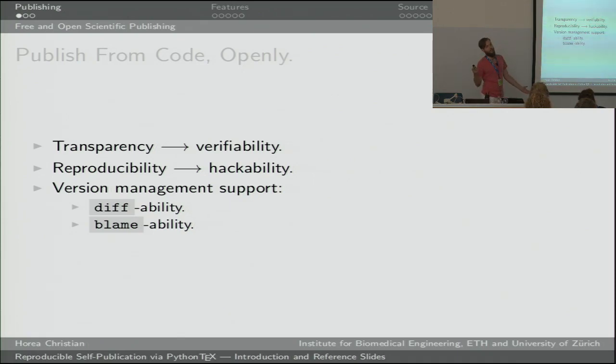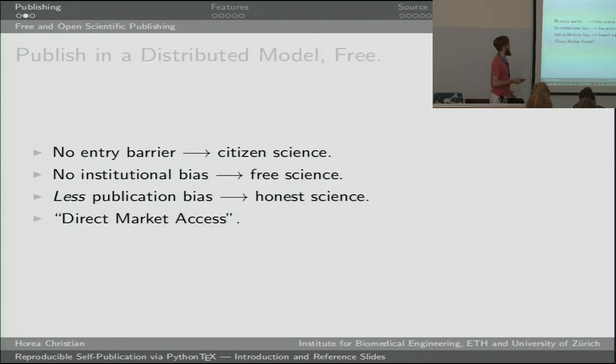Of course, it's not just free and open source publishing, it's not just open source which we care about, it's also freedom. I mean, I hear about open science a lot. Very many people seem to forget the free aspect. And of course, we would like to publish in a distributed model where there's no central nexus where we have to aggregate things and where there's like a decision maker who lords over us, but where we can interact with each other in a completely flat distributed fashion.